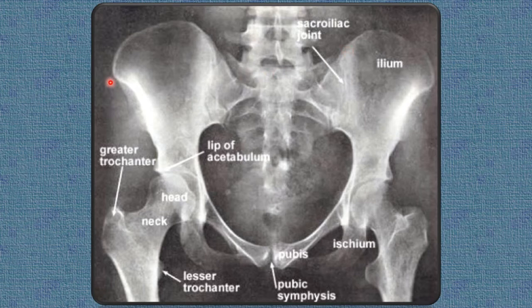This is the posterior superior iliac spine. This point, this is the ischial spine, right? And neck of femur, greater trochanter, lesser trochanter, head of femur, fovea. You can see this depression, fovea. Even over here, fovea, acetabulum,